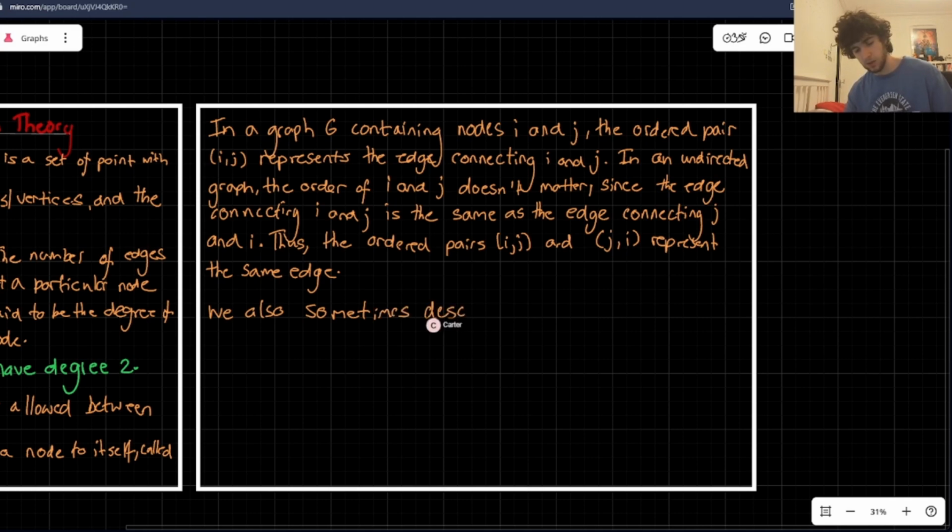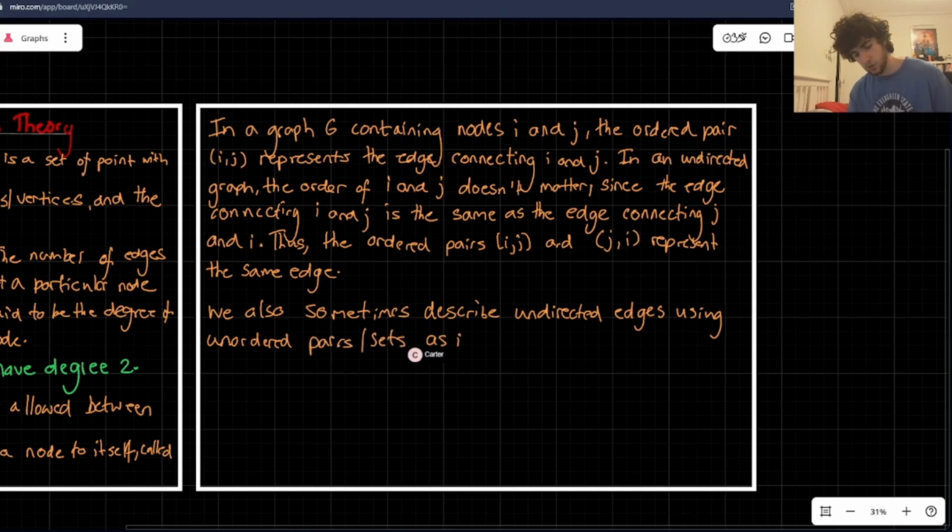So we also sometimes describe undirected edges using unordered pairs or sets. If we wanted to say the edge connecting I and J, you might just write it as the set containing the elements I and J, right? So this is an equivalent notation; some people might use sets instead of ordered pairs for